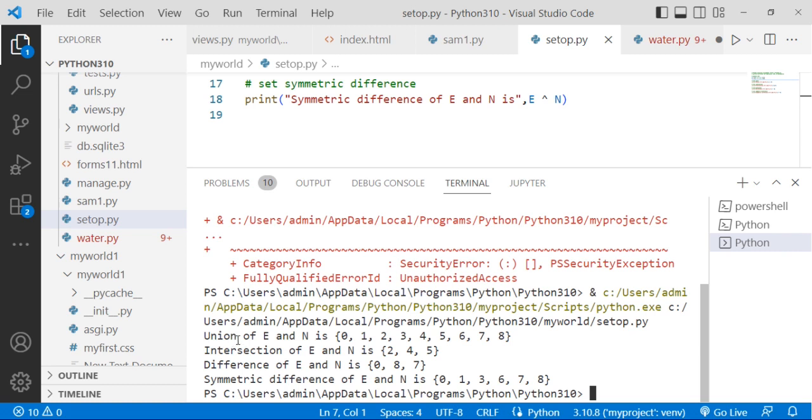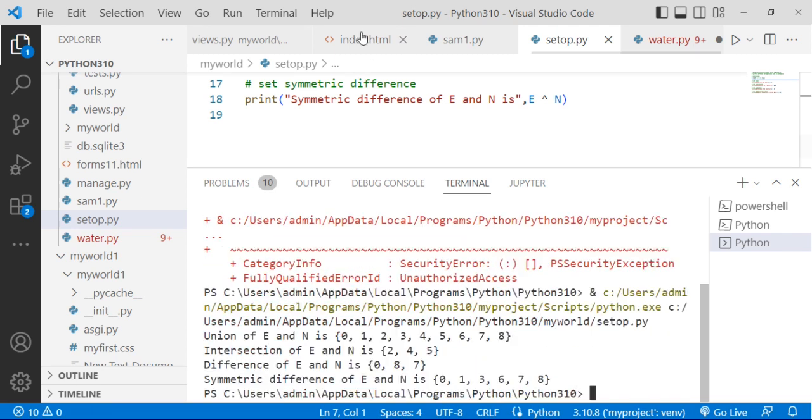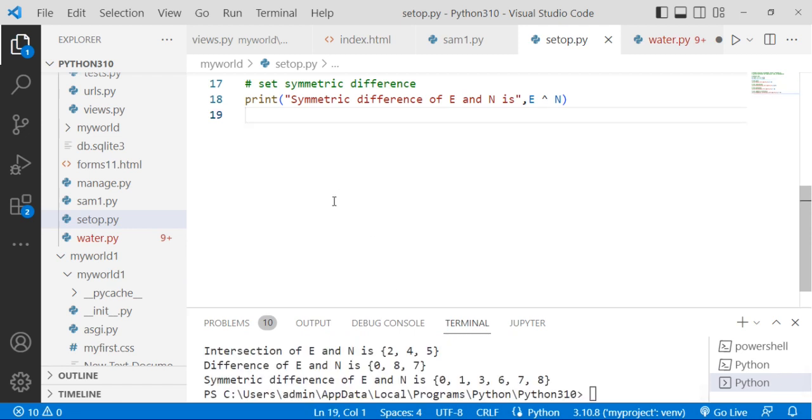See, the union of E and N is given, the intersection of E and N, the difference of E and N, and the symmetric difference of E and N. Here you will get the answer. So in this way you can execute the code, you can write the code in this console and you can